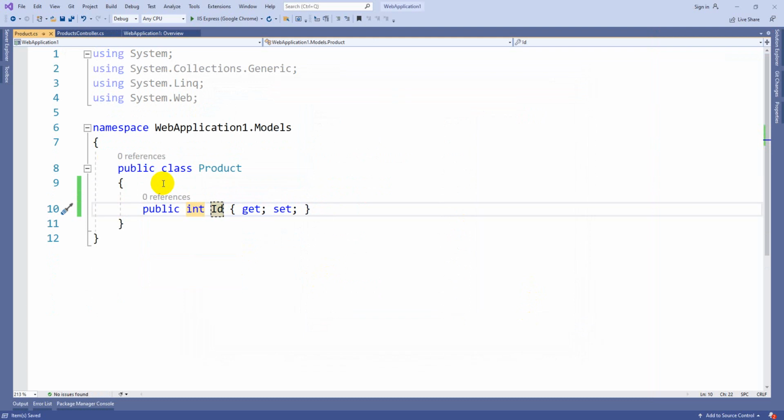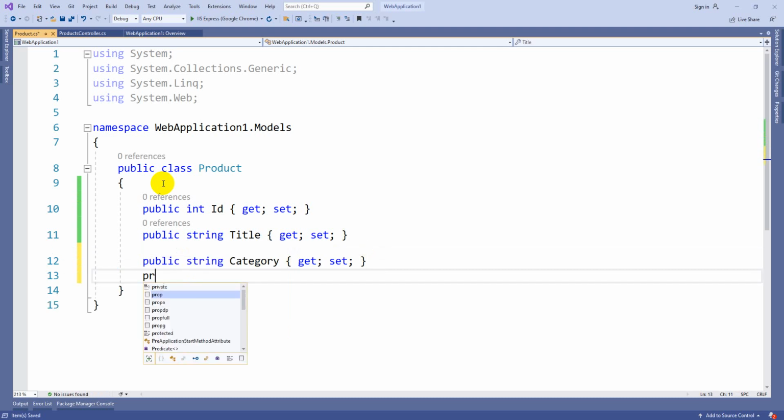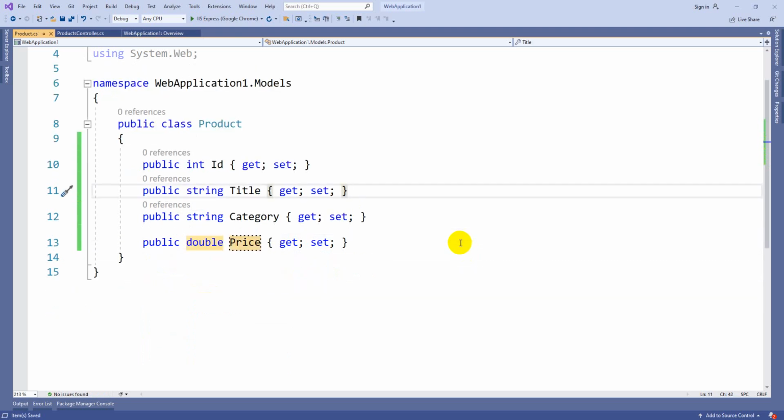So product ID or product code, string product title, string product category, double product price. Like that you can create the attributes that you want to read from the end user. Okay, now let's save this.